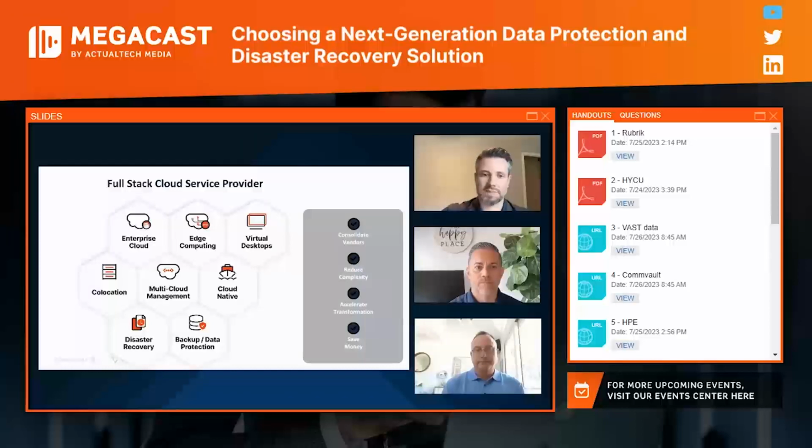On the other end of the spectrum, we have edge compute. Expedient Edge is a very small box. We can drop it in any client's data center, in a warehouse, really anywhere it needs to be, and give them a cloud operating model anywhere. And we also can take that to virtual desktops. So everyone knows since COVID, a lot of people are working from home, and this gives enterprises a great way to secure their end users. And then it's all the other services that go on top to make that a cohesive experience, right? How do we back those machines up? How do we recover them? How do we do disaster recovery? And then we even dip our toe into the modern workspace with things like cloud native or multi-cloud management of the hyperscalers.